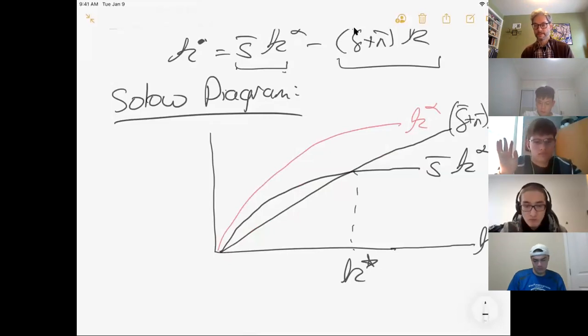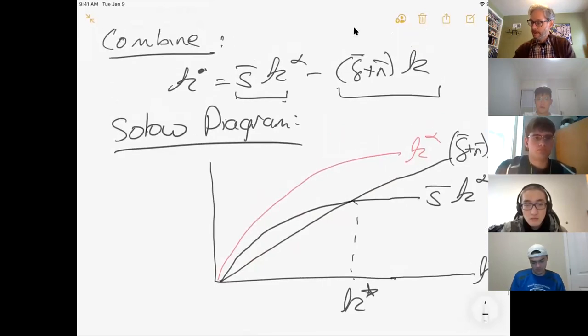Yeah, Chase. The increase in capital from investment is the same as the decrease in capital from population growth and depreciation. Depreciation, right, right. So once again, notice here, we have a way to increase per capita capital, which is